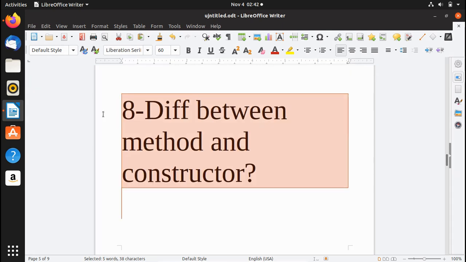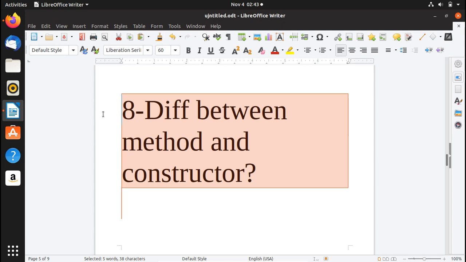Difference between method and constructor. As I've told you earlier, constructors are of 2 types, parameterized and default constructor, and we use a constructor to initialize the instance or the object of the class. A method, on the other hand, is used to perform some sort of operation.